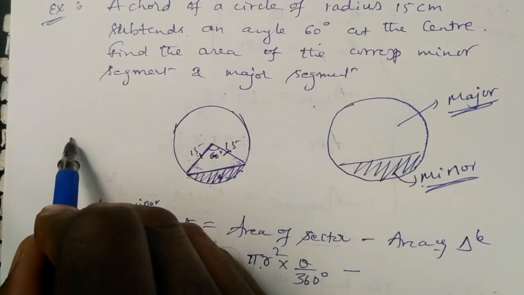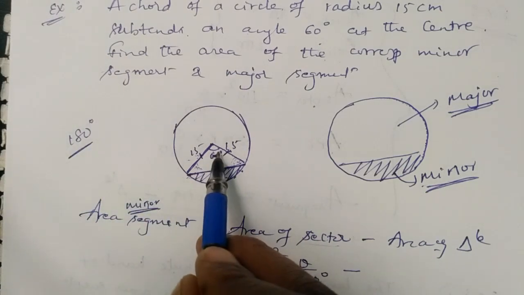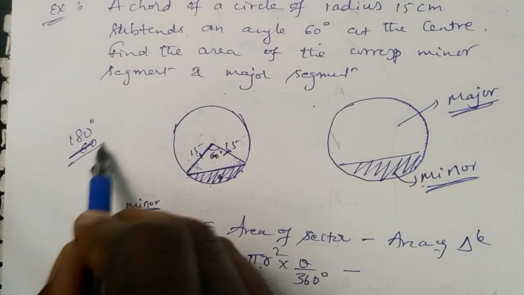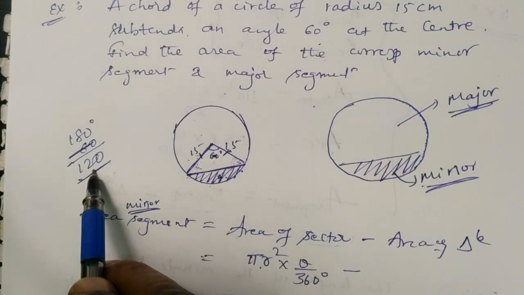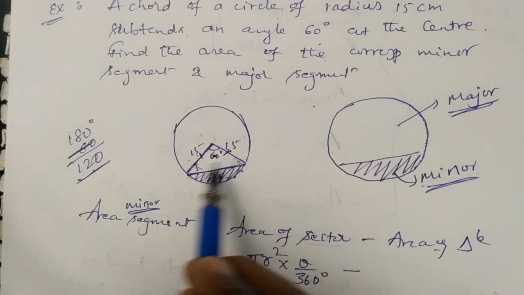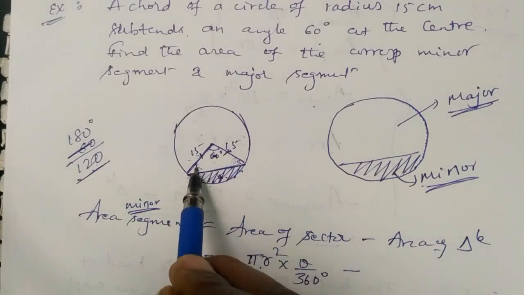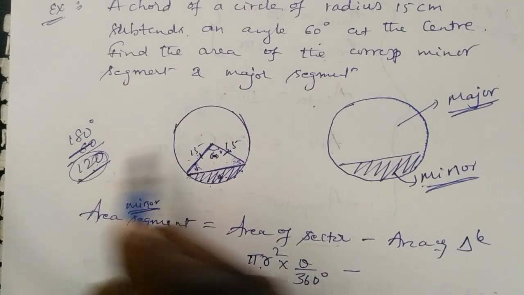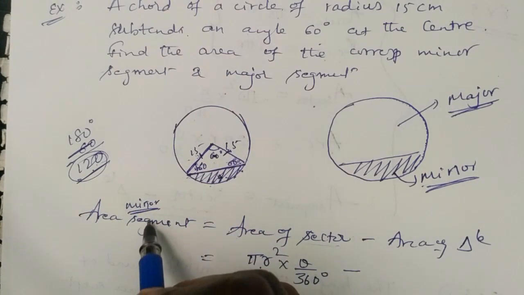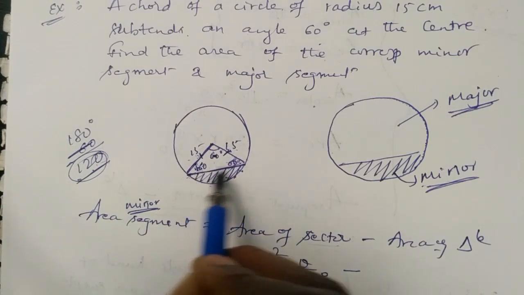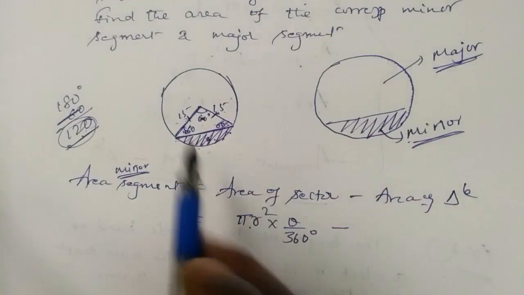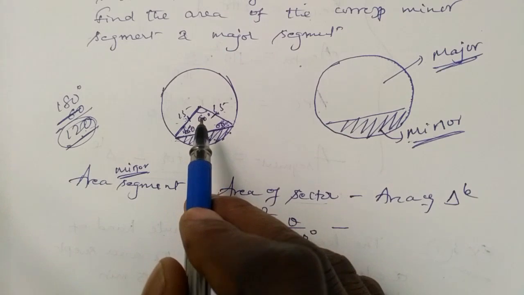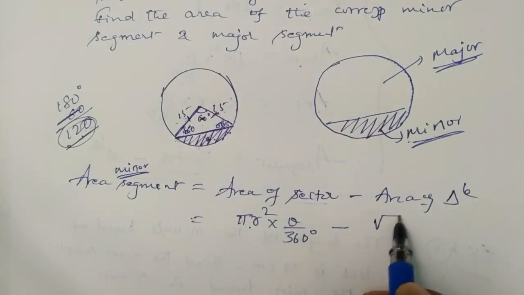In a triangle the total angle sum is 180 degrees. One angle is 60 degrees, so subtracting it, we get 120 degrees remaining. That 120 degrees I have to divide equally, 60 and 60, because the two sides are equal so their opposite angles are equal. So all three angles become 60 degrees. Once these three angles are 60 degrees, it is confirmed that the given triangle is an equilateral triangle. So I go for the formula root 3 a square by 4.